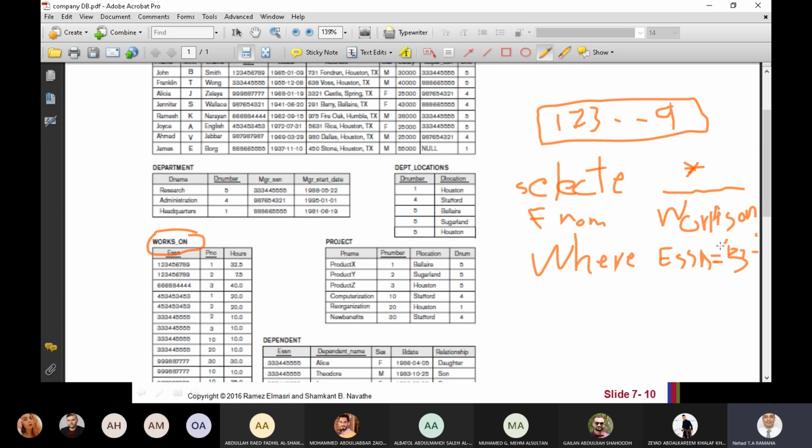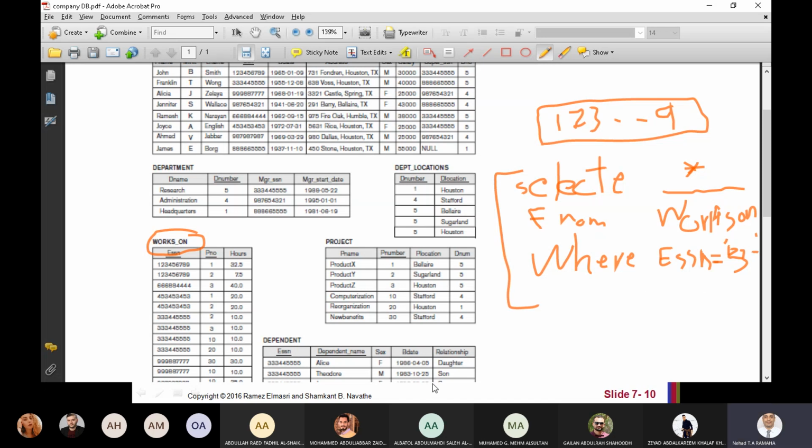If defined as integer, you don't need this quotation. We put quotation if we compare strings. Then this means we return the works on information where we have this employee.